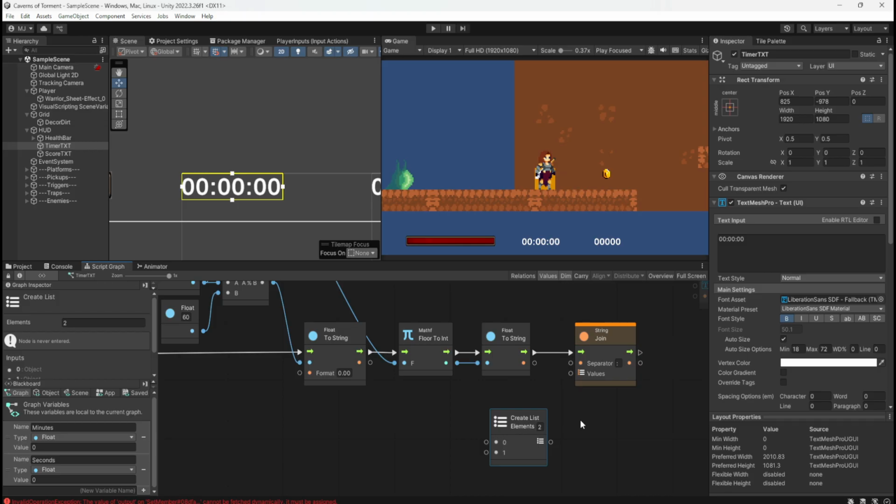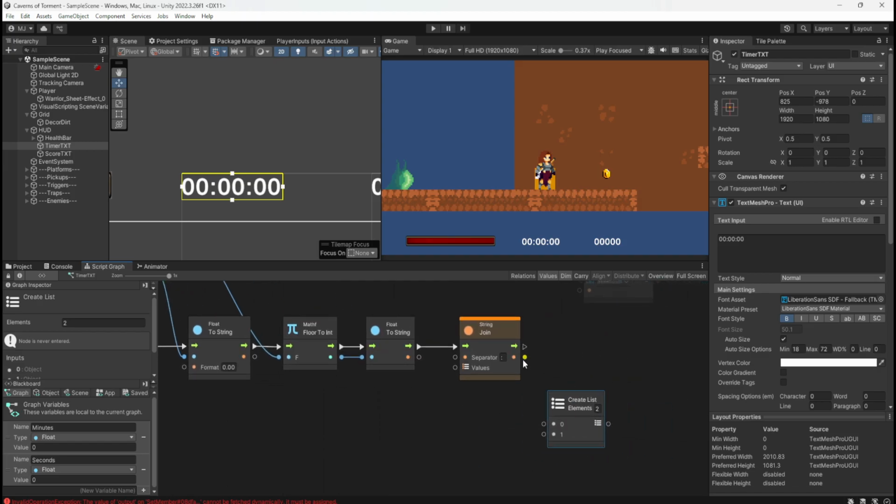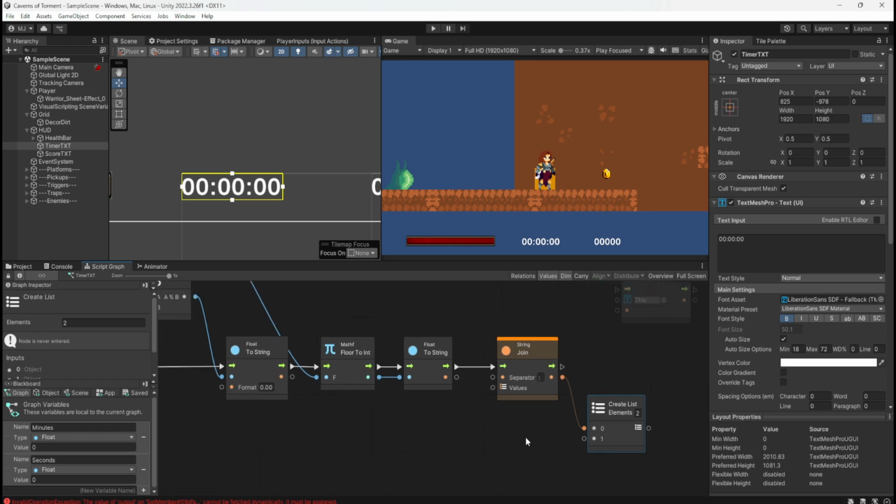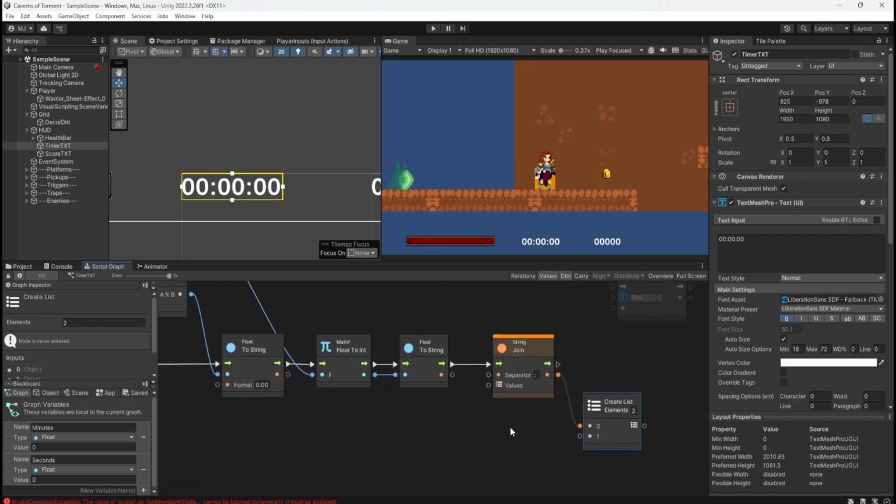I think I see what you're trying to do. I think you're trying to create the format numbers that we want and then put them into a table and then plug that table into the join string, which will then separate them with the colon. Try dragging in both float to string outputs. Oh, sorry.